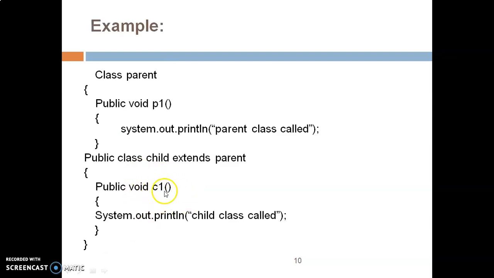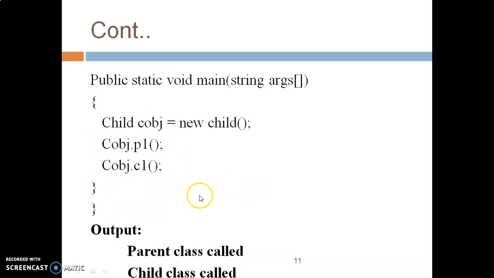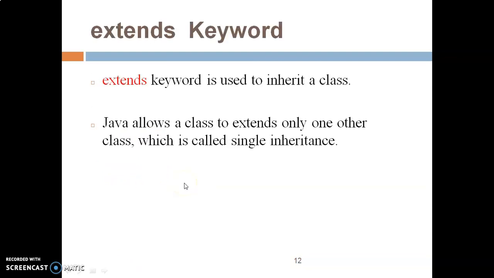child class. So this is how first the parent class has been called and then the child class. How was the parent class called? Because in the function P1 there is written parent class, and in the function C1 there is written child class. The extend keyword, as I said, is how the compiler understands you are going to use the concept of inheritance, and all the properties from the superclass are allowed to enter into the child class.